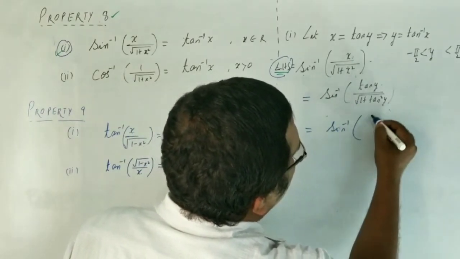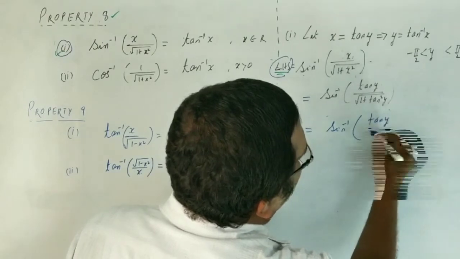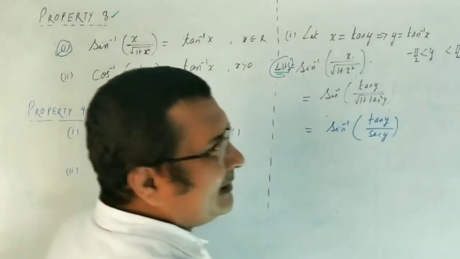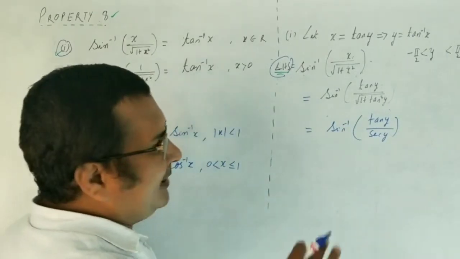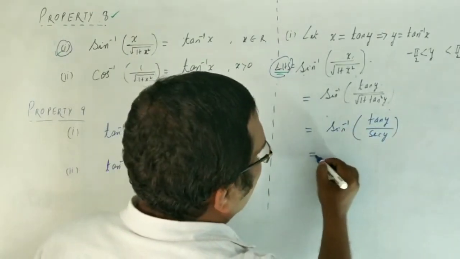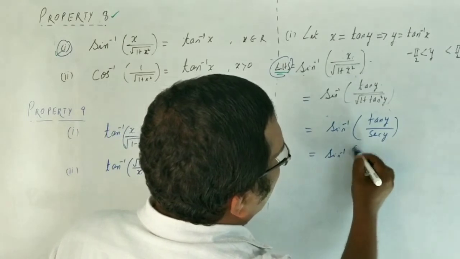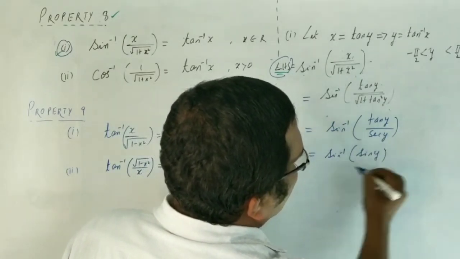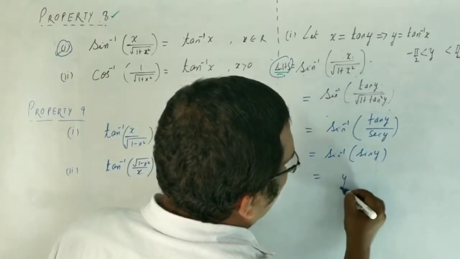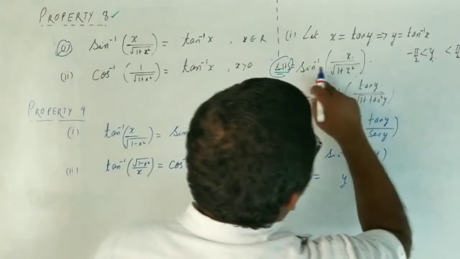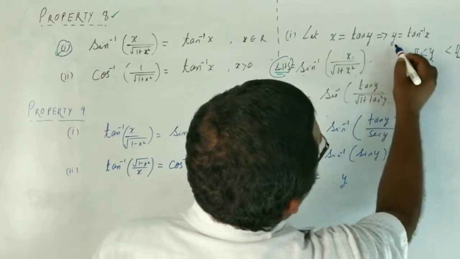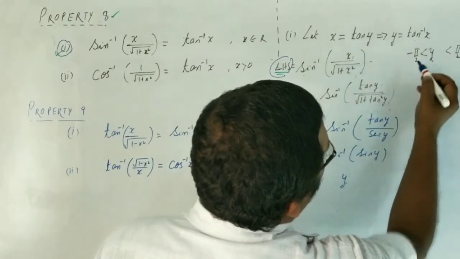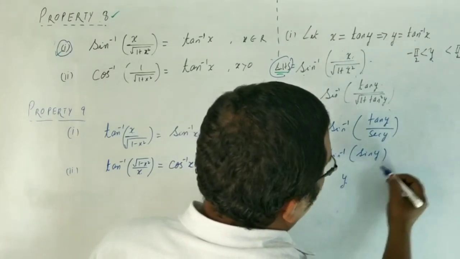Sin inverse tan y by sec y. 1 plus tan square is sec square. Root of sec square is sec. And this one I get tan by sec is sin y. And this is equal to y. And we know y is tan inverse x, y lies between pi by 2 and minus pi by 2. So here also y